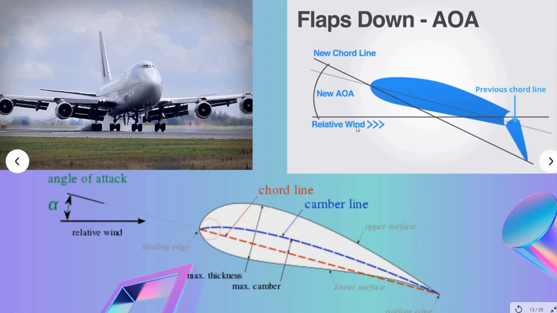Now we have almost all the components required to take off from the runway at a short distance. One more thing I would like to add: these flaps are not used during the whole flight, because with the increase in lift, it also increases the drag force or air friction. That is not acceptable during the cruise flight, right? So we use the flap only during takeoff. Okay, now everything is right.